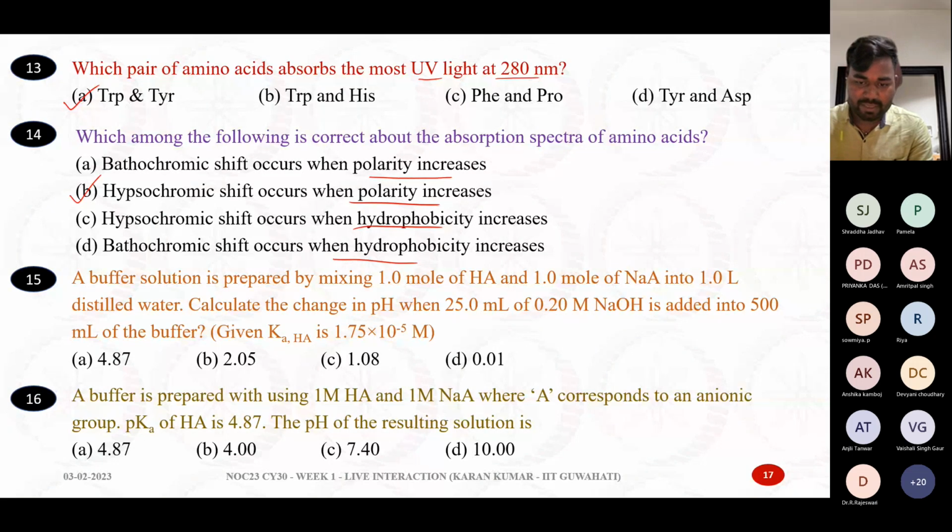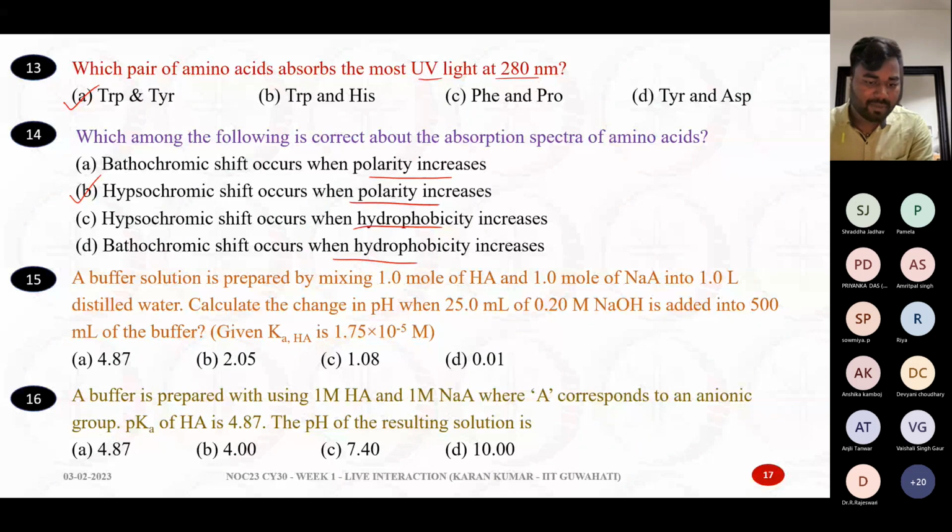Can someone quickly calculate, or if they know the trick to answer this? Option C, sir. 1.08, option C. Okay. Any other options? Are there any other options? Okay, I will discuss this question, how to calculate these properties and how to perform this, in the upcoming slides. So leave this answer right now.